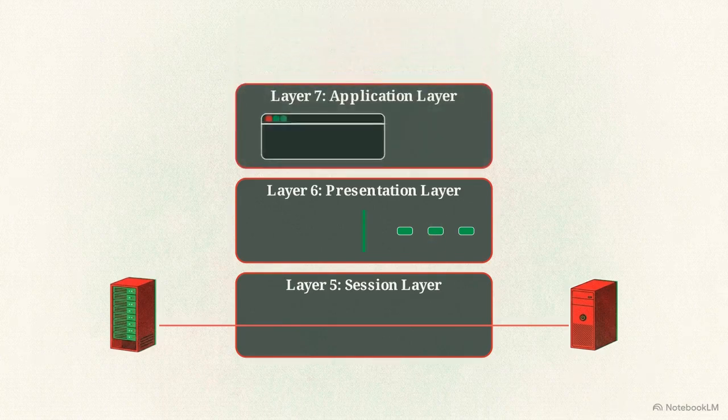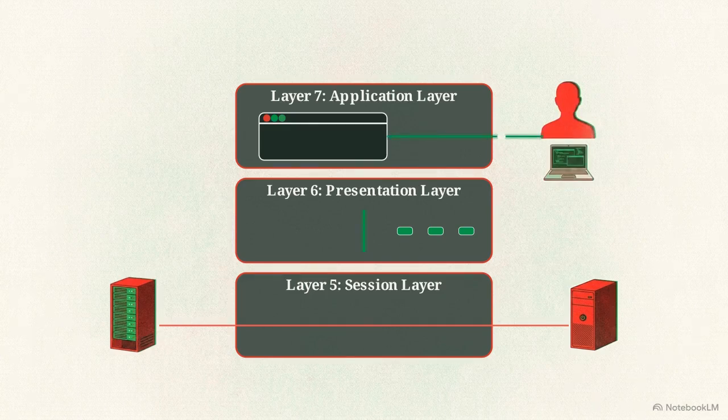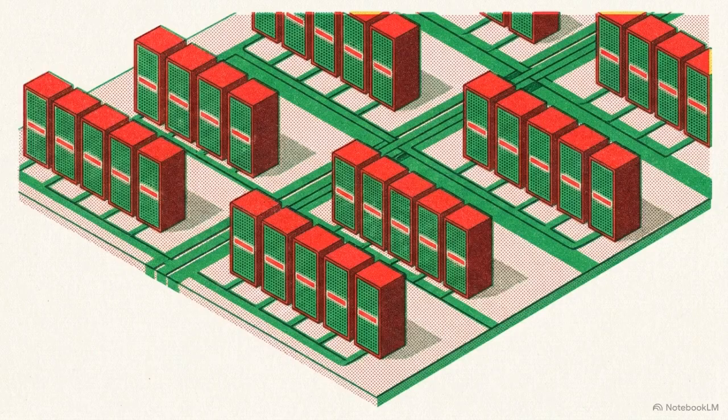Finally, the data reaches layer 7, the application layer. This is the ultimate front-end interface, where human interaction occurs and software directly engages with the network. The way an organization structures its software across these layers dictates its overall network traffic patterns and the shape of